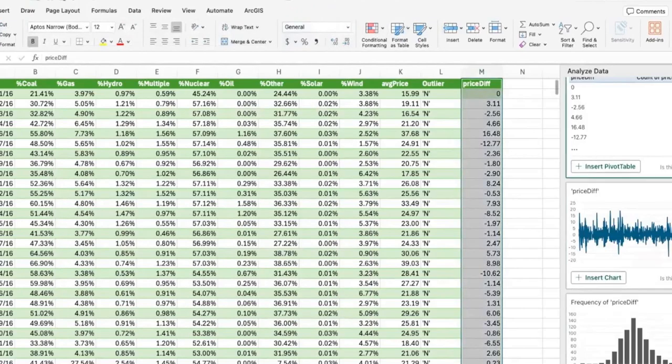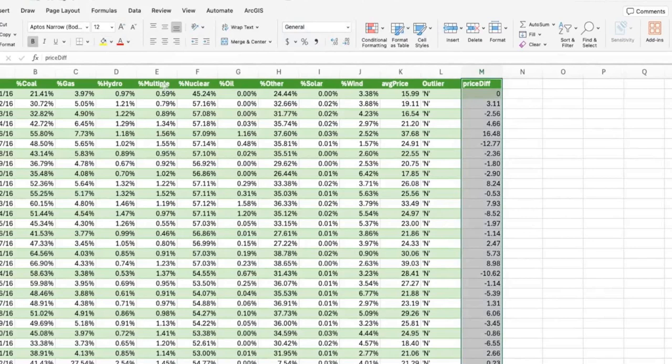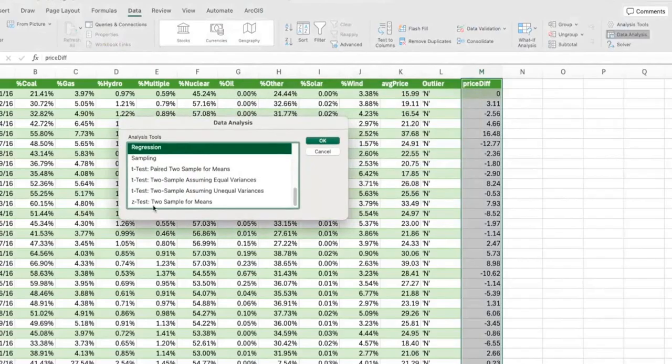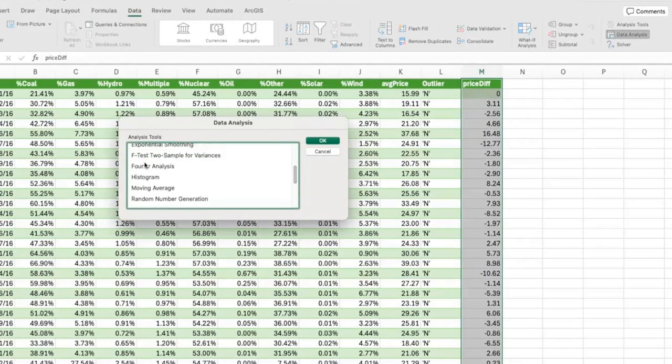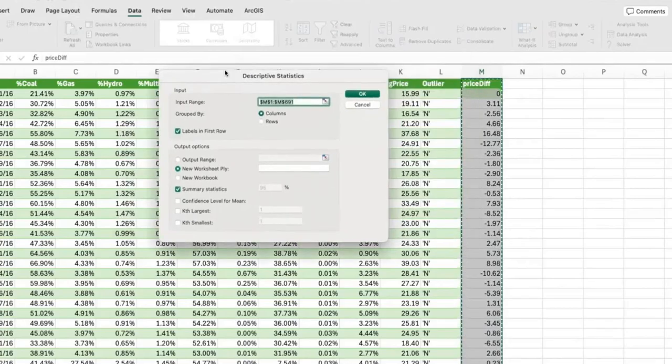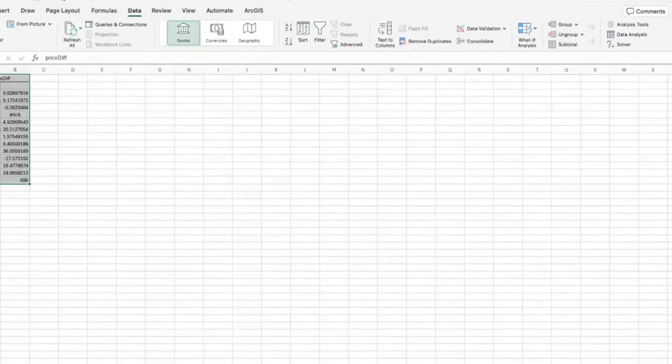So let's do it. Remember, we are going to go to Data and Data Analysis, so we can get some key statistics and figure out whether the price difference is normally distributed or not. So we use descriptive statistics. We click OK, and then the data range will be M1 to M691. We have a data range label in the first row, and we use summary statistics, and we click OK, and from the result you can see